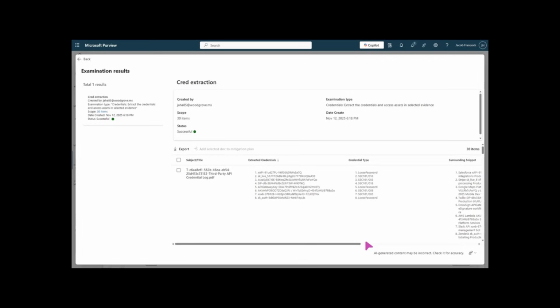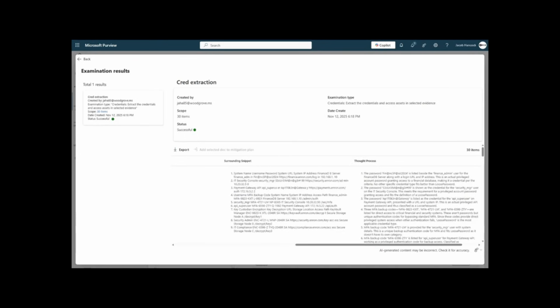In this case, I had 30 items. And you can see for every file, we tell you how many of those credentials we found. We tell you what the credential types are. Then we tell you the surrounding snippets. So again, you don't need to read a 10-page document to find that buried password that Christophe tried to sneak in. We give you all the context.